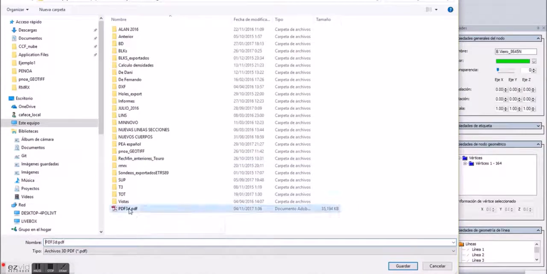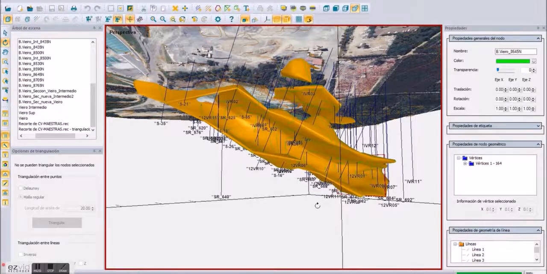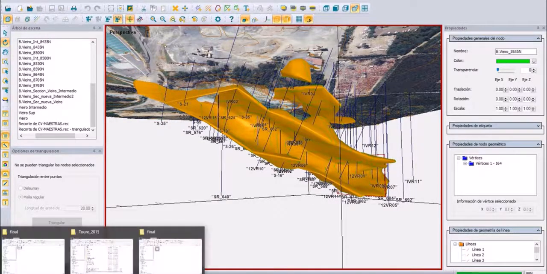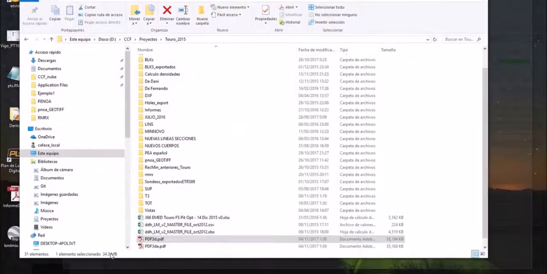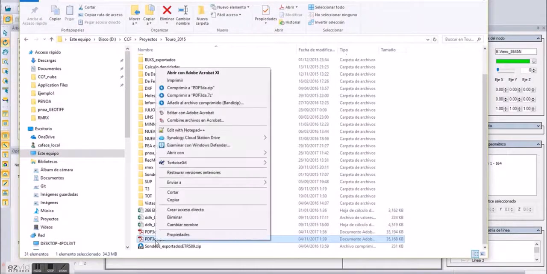Let's see now another powerful option that the professional RecMin has, which is the export to save 3D PDF files from any work that we have. We open it or we generate it, and we have the option of exporting to PDF 3D. When exporting the work in PDF 3D, we can send it to any person,